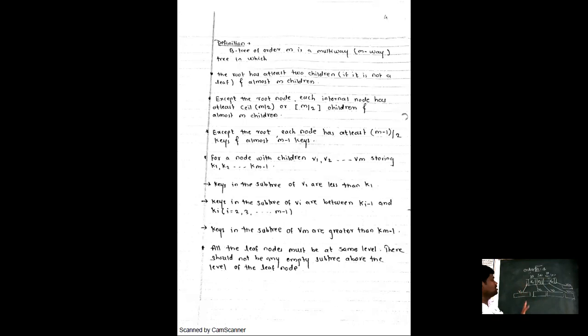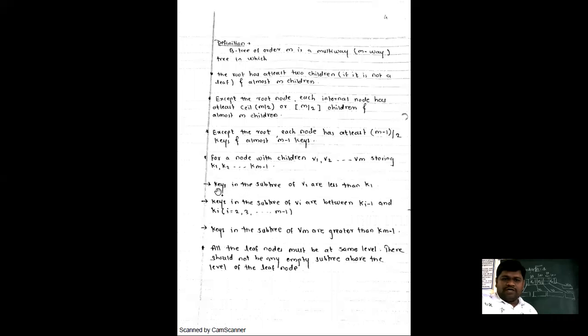Now suppose you are inserting the next value, 21. In which child will it be inserted: V1, V2 or V3? V3. Right. Now suppose I want to insert 2. V1. Right. Now have all of you understood? This same rule we need to follow when we are constructing the balanced tree or B tree. We'll see the example also, don't worry about that.